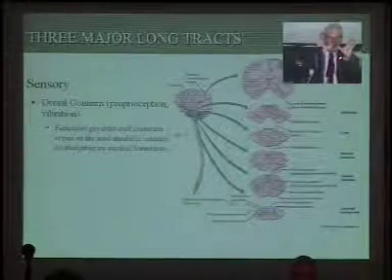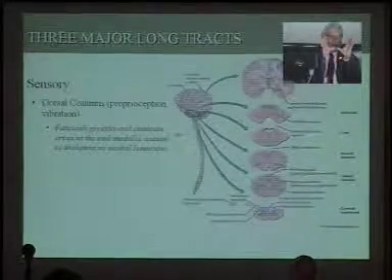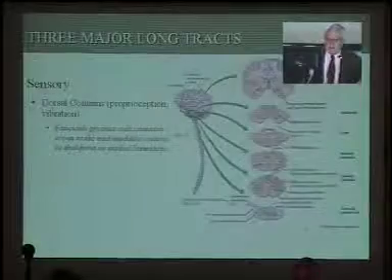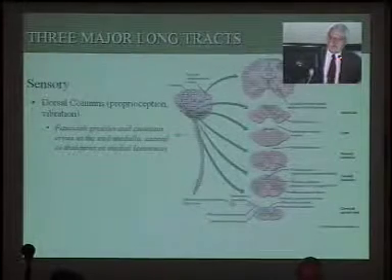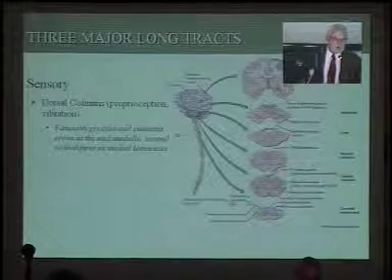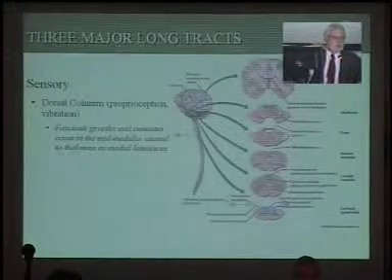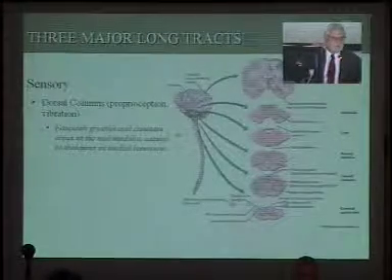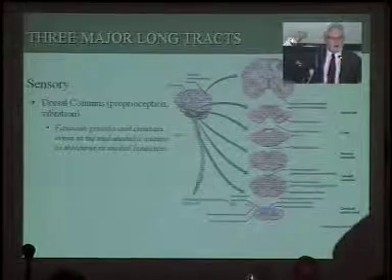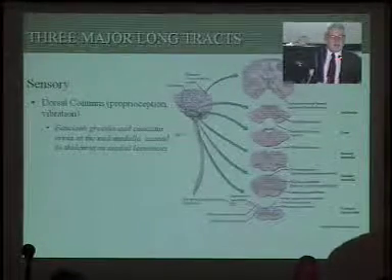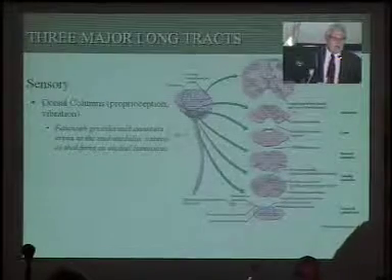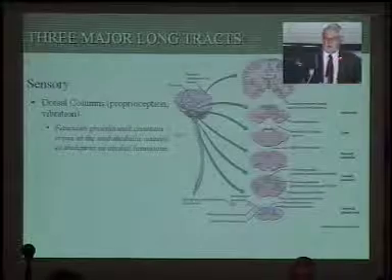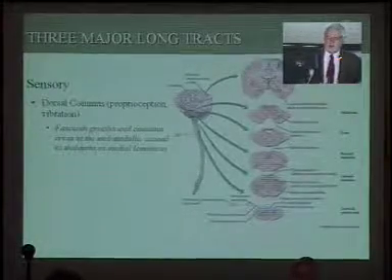The entire posterior part of the spinal cord is devoted to this system, and it's a huge system. And when it enters the spinal cord, it ascends along on the ipsilateral side, but crosses over at the level of the medulla. Okay, so it crosses over, then ascends as a medial lemniscal system up through the brainstem